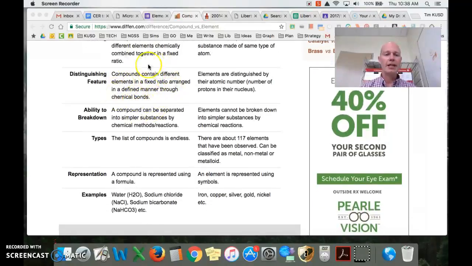Compounds contain different elements in a fixed ratio. Water is H2O. That means that the water is made up of 2/3 hydrogen and 1/3 oxygen. No other ratio. It cannot be. Finally, elements